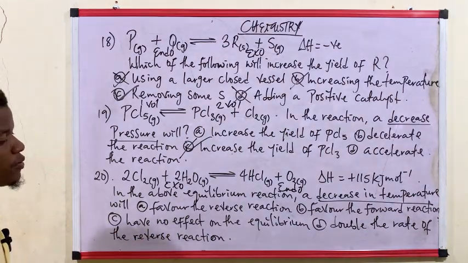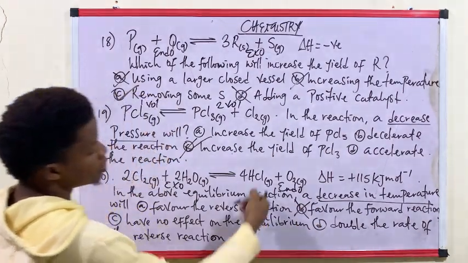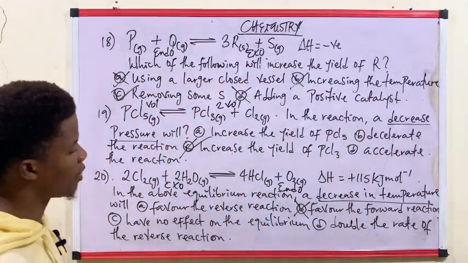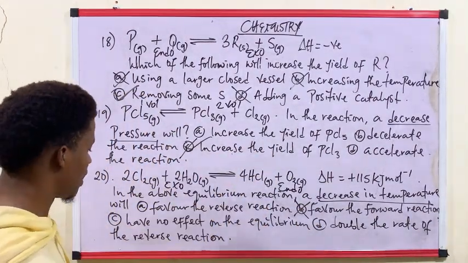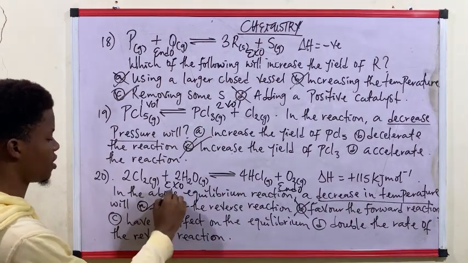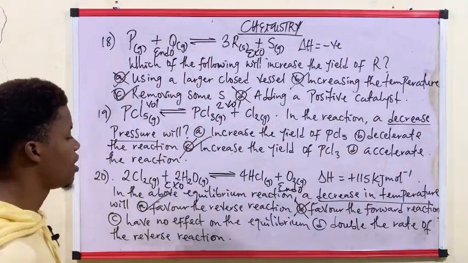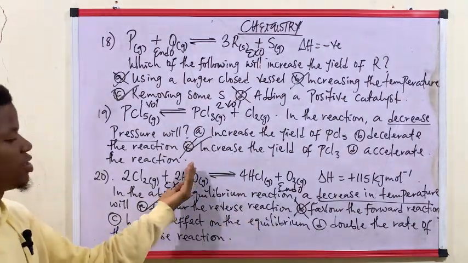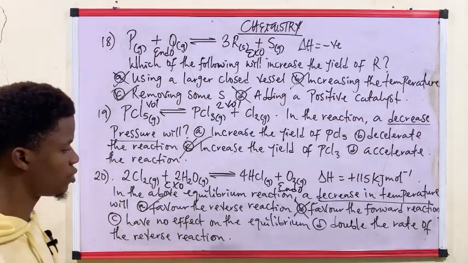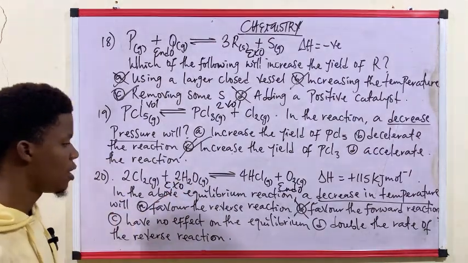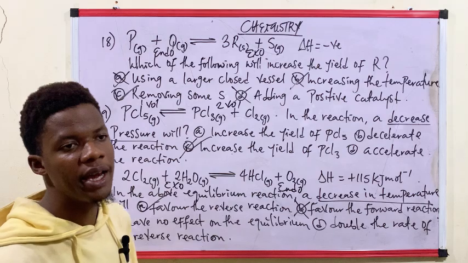We have A, it will favor the reverse reaction. B, favor the forward reaction is wrong. Decreased temperature cannot favor endothermic reaction, which is the forward. Alright, so the only one that makes a lot of sense is A, which is very correct and accurate. Favors the reverse direction, which is this backward reaction. So this brings us to the end of our question series